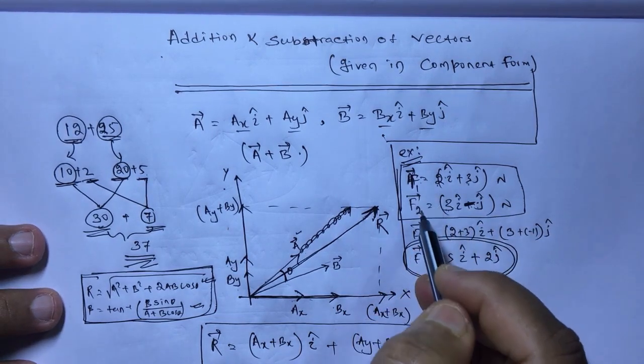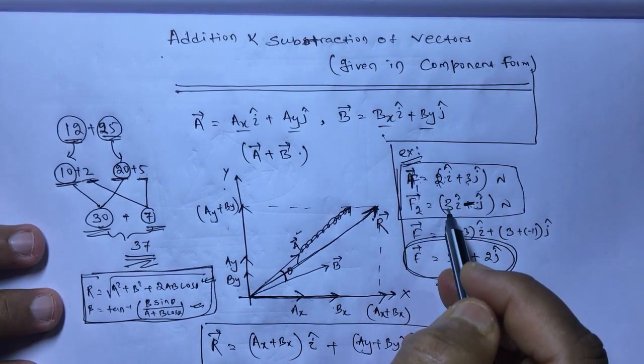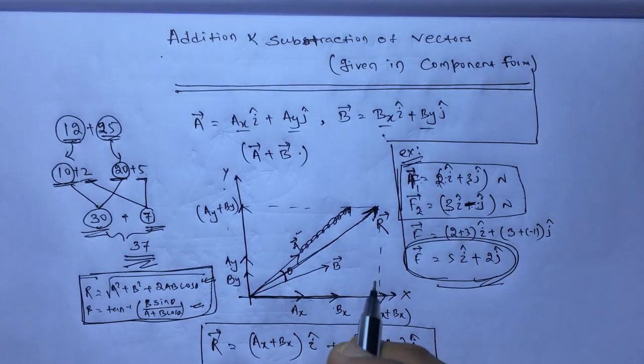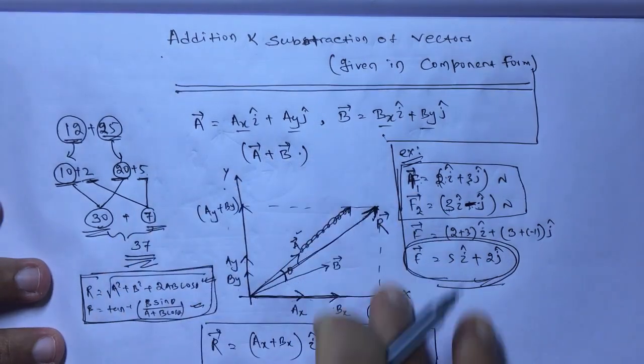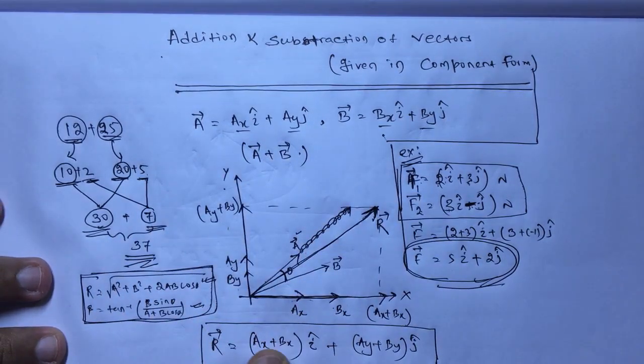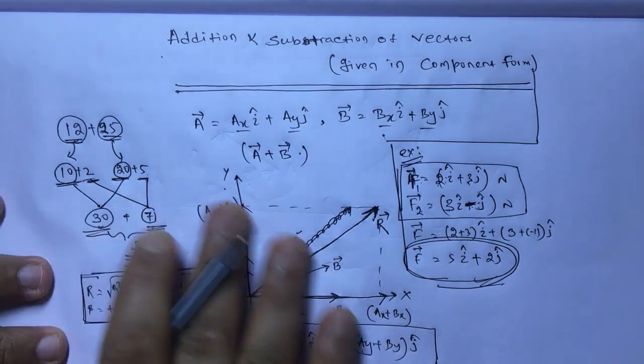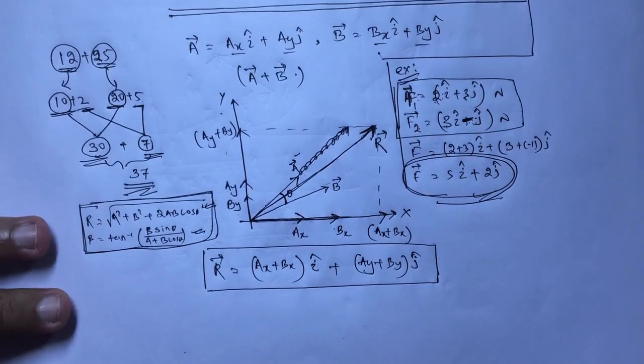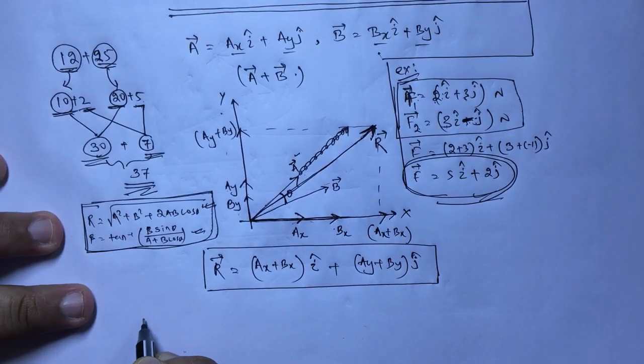If you are finding f1 minus f2, it is 2 minus 3 i cap plus 3 minus minus 1 j cap, that is the answer. I think if you understood this, then that is the concept of how I can simply add vectors. And if you have not understood this, then simply remember this, or you can write the general formula like this.